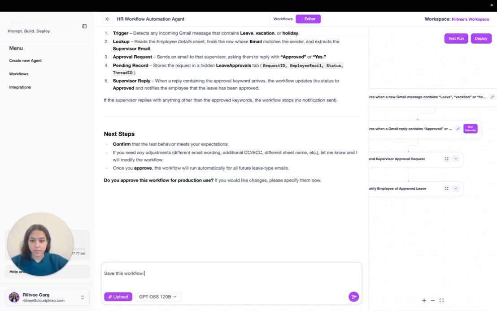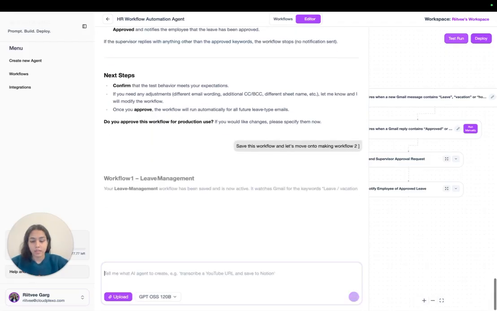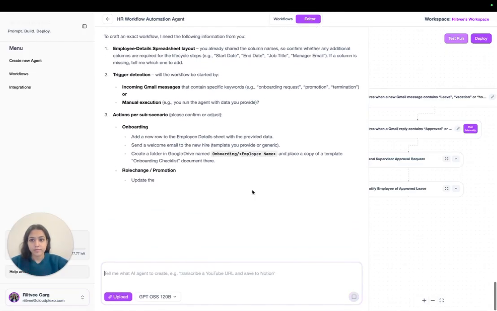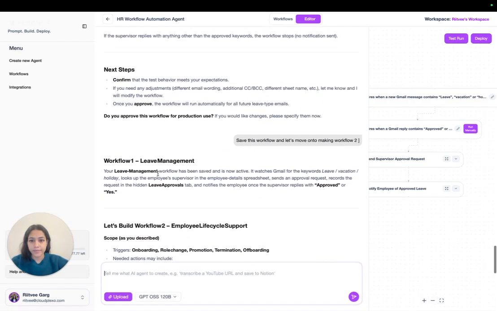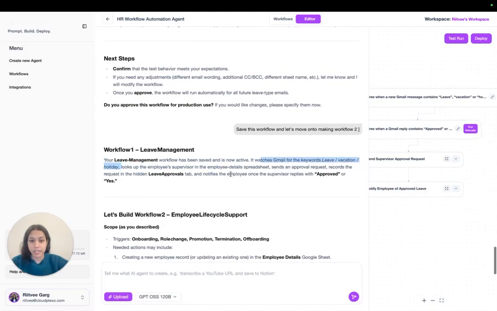Save this workflow and let's move on to making workflow 2. So clearly it has been saved and is now active. It watches Gmail for the specific keywords that we had mentioned, and it just relays its understanding